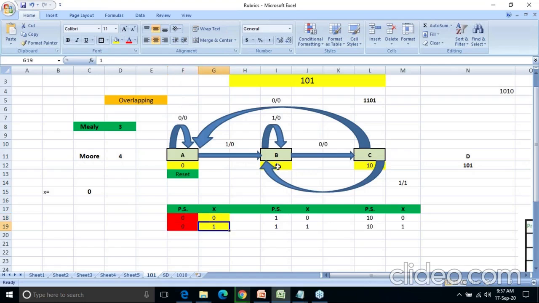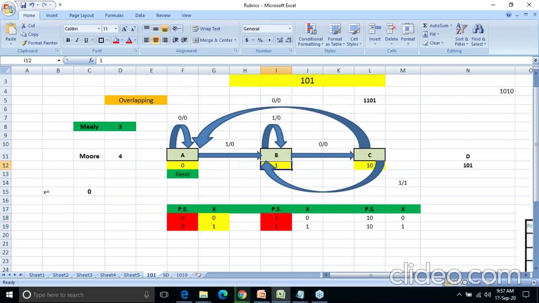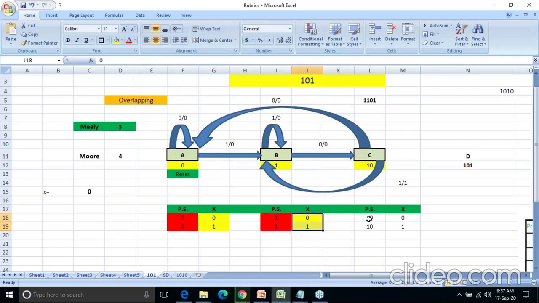Same way I have written over here. Which state? I am in state B where 1 is already detected, so I have written 1 over here, because 1 is mentioned over here. What are the options of input? Input might be 0, might be 1, and that's why I have written the options 0 1. Again, you are in state C. What is meant by state C? Already 1 0 is detected and you have written 1 0 over here. Is it clear? 1 0 already you have written, and the options available are 0 and 1. Is it done?